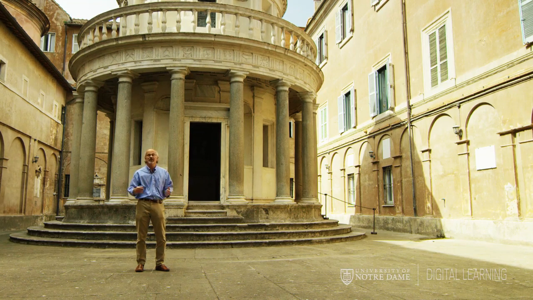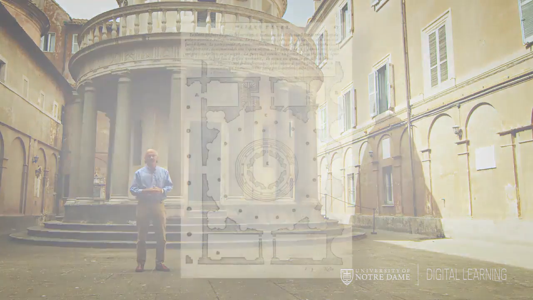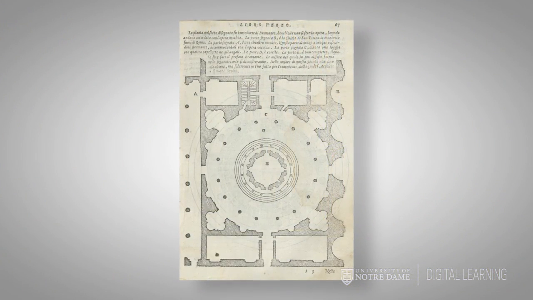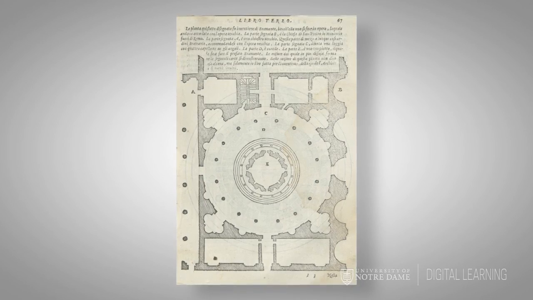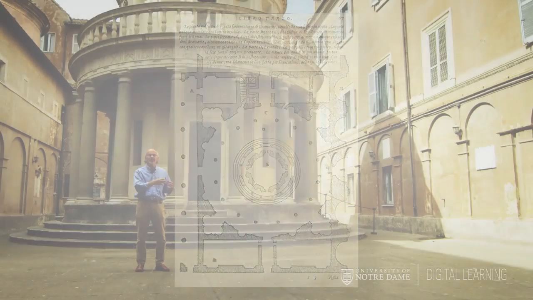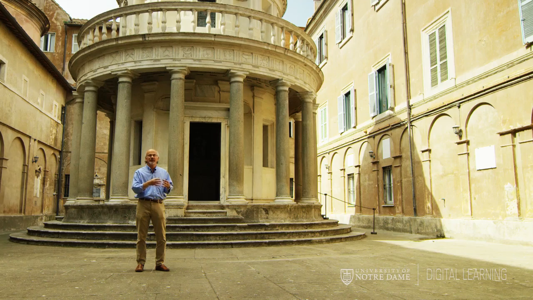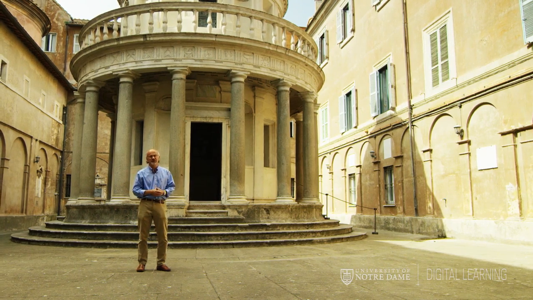But is there a larger context for this? Well, in the immediate sense, Bramante probably intended for this courtyard to be changed into a circular courtyard. And we have drawings from the 16th century that show what is supposed to be his project for a circular courtyard, which would have made this sort of Tempietto tabernacle almost like a relic contained in the reliquary of the courtyard. But there's an even larger context for this project.